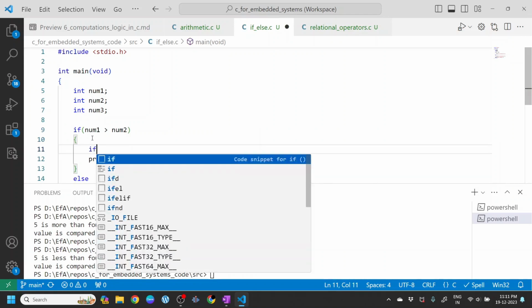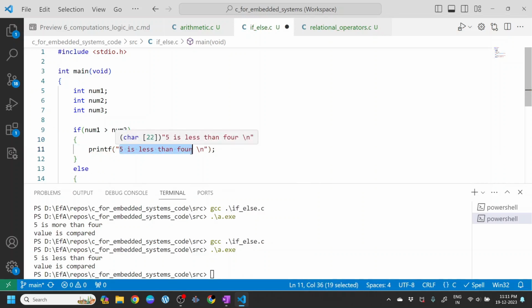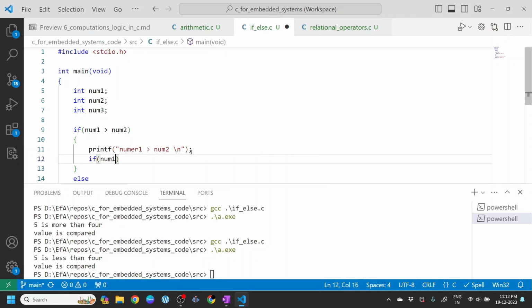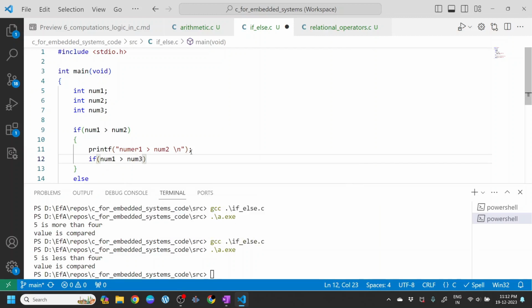We'll have one more if case. Well, let's print it. So number 1 is greater than number 2. Now let's again evaluate. If number 1 is greater than number 3,